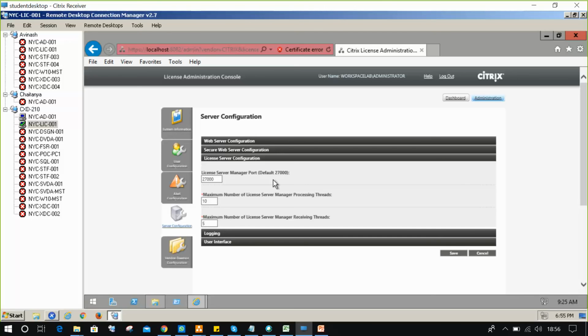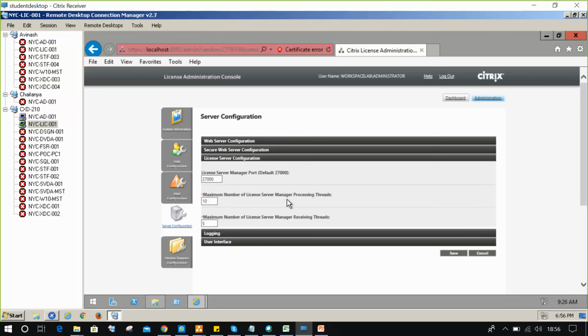No one is using that many, guys, because it is a costly product. Now, the maximum number of license server manager processing threads, maximum 10. And the maximum number of license server receiving threads means sending the license file, the communications between the license server and the delivery controller.